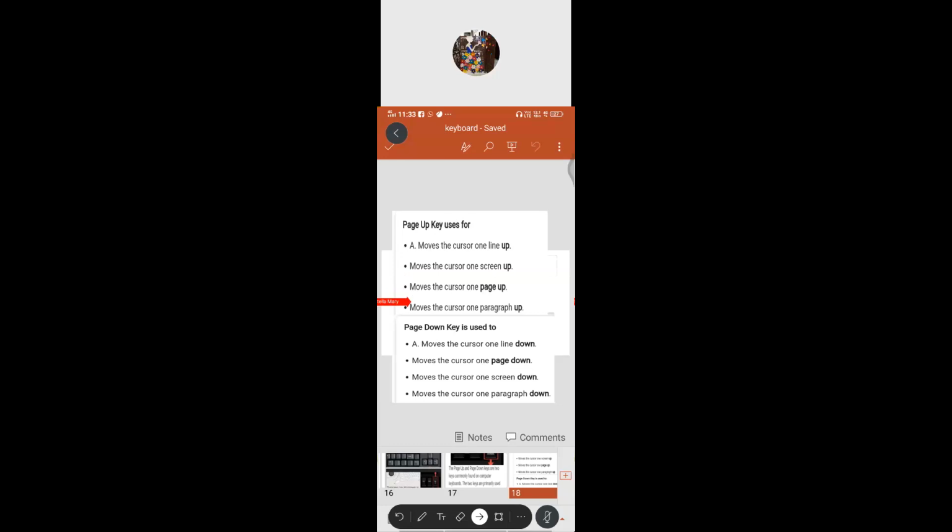Suppose if you are having 24 pages, if you want to go to see the first page in the document, you can easily move that one. Page wise, you can move fast. If you want to see the last page of the document, if you press the page down key, that will go to the last of that one. So by this way only we can see that one.